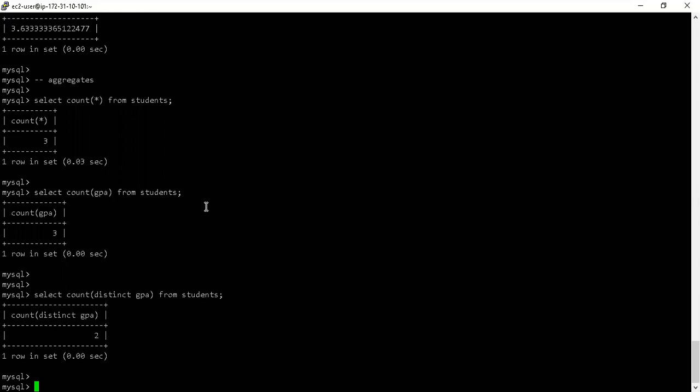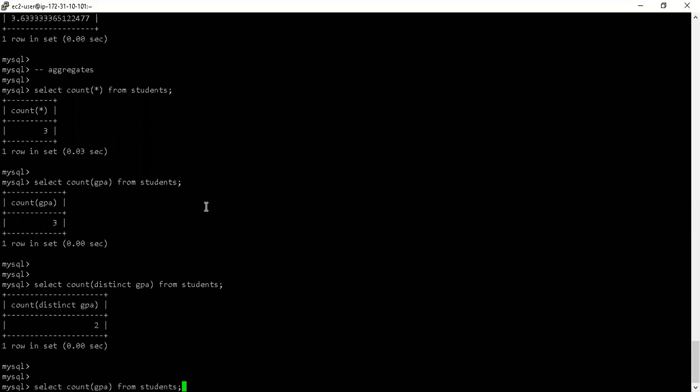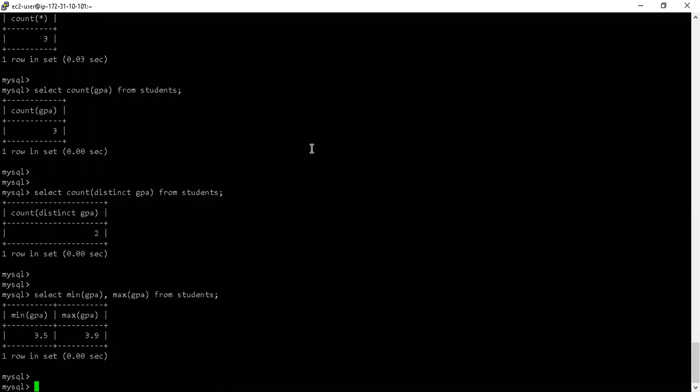Then we have other such similar functions as well. Example given, I took an aggregate function, okay, I took an aggregate function which is average, right? I can take the max and I can take the min, and I can combine them as well. So min, max, GPA in the same line. I'm trying to find out in the same query, in the same statement, I want to know what is the minimum GPA, what is the maximum GPA. I can see that clearly, right?